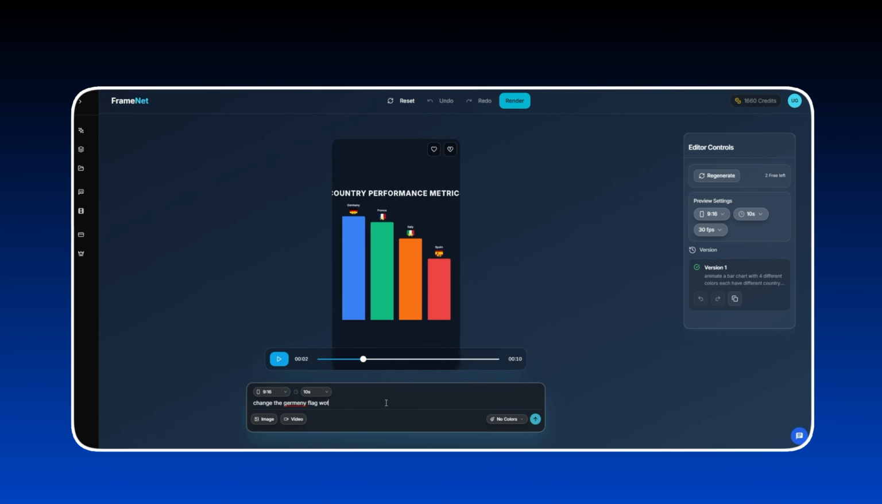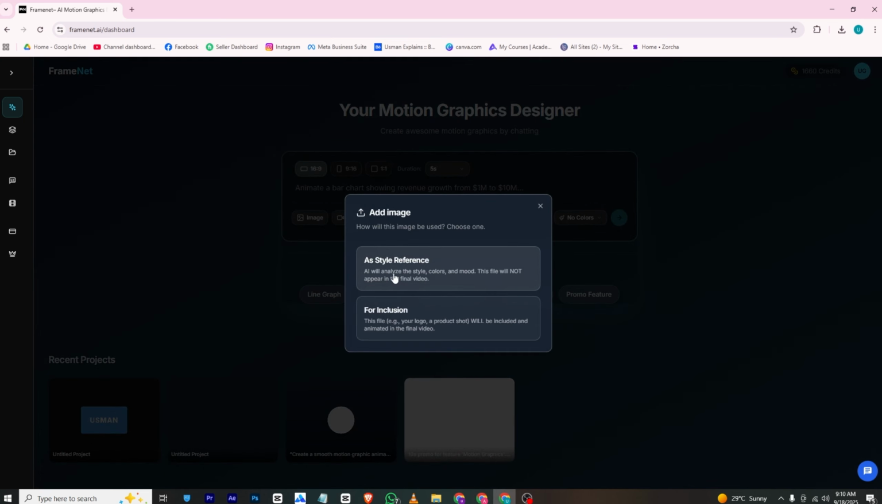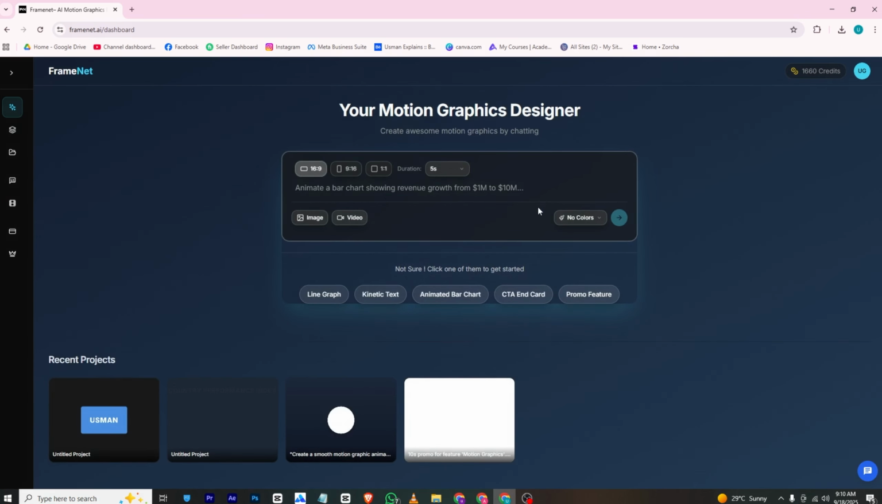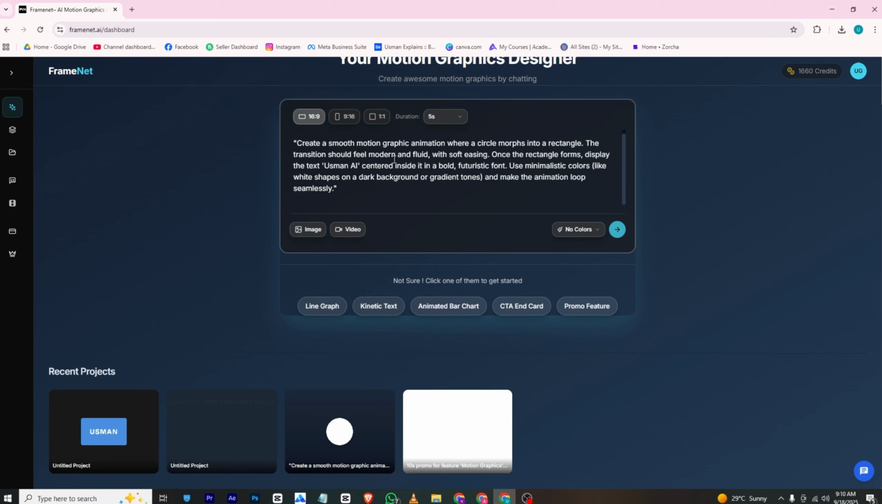So I have this website open. You can just select the resolution you want. I am selecting YouTube size and I will set the duration to 5 seconds for now. And if you want, you can provide reference images and reference videos if you want to create a certain animation. Now I will type in a prompt. I want to create a circle and it morphs into